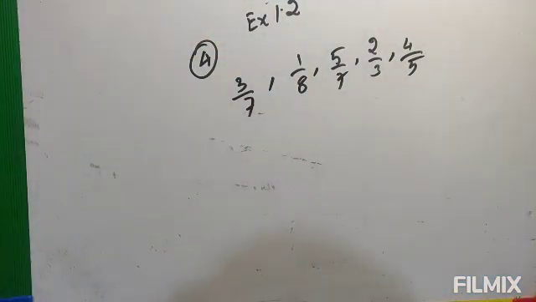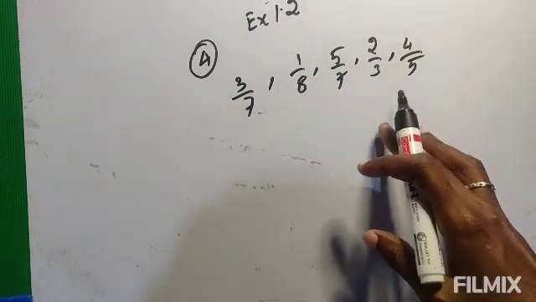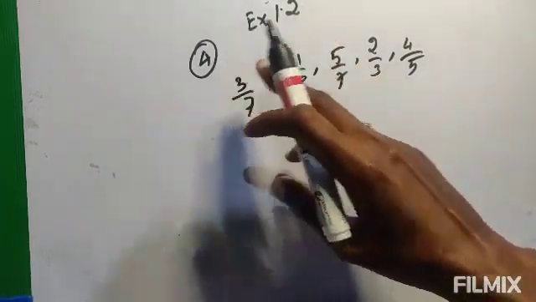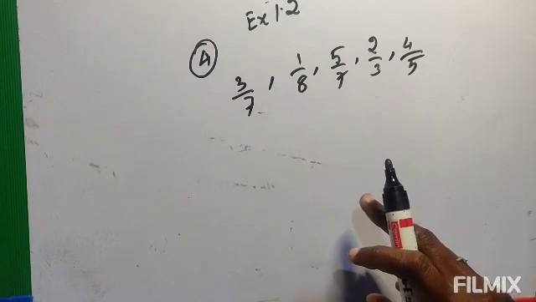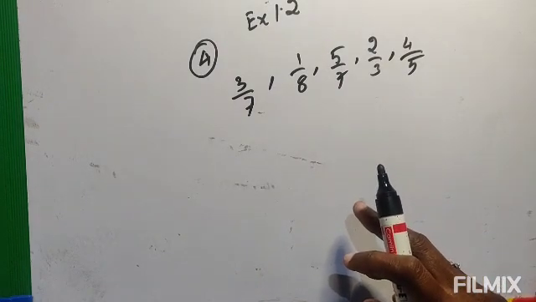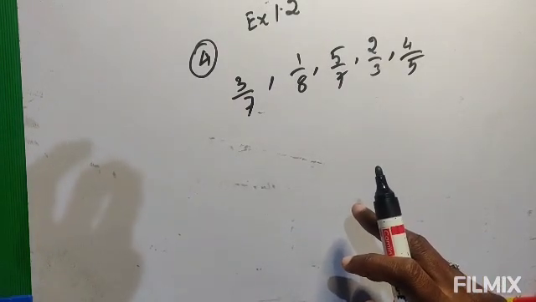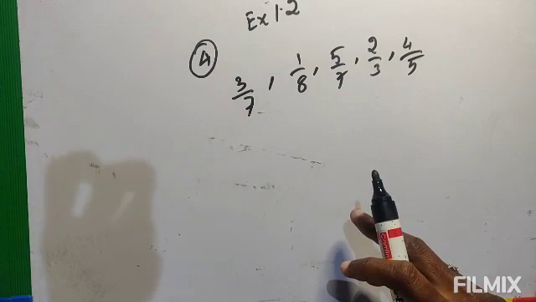Good morning children. Today before we start the lesson I want to give one correction here. In exercise 1.2, find the equivalent fraction to the fourth place. It was given in the question, it was asked in exercise 1.4, and I taught you another method also. In your book one method was given and I taught you another method.